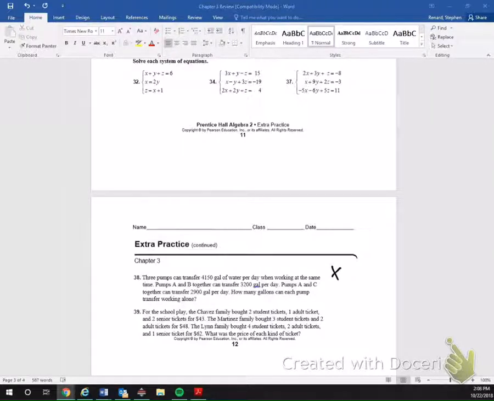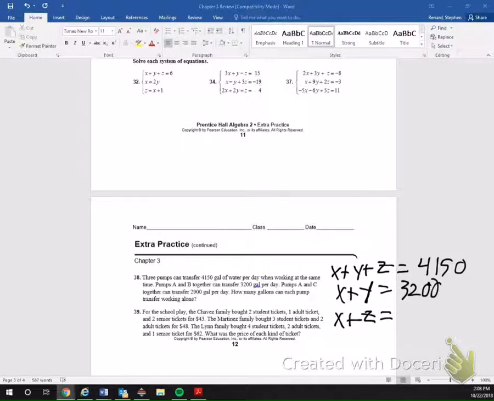So number 38. This is a word problem. It's a 3 variable. So what we're going to do is, all 3 of them work together and transfer 4,150 gallons per day. The first and the second, A and B together, do 3,200, and A and C together do 2,900. So what I'm going to do is solve